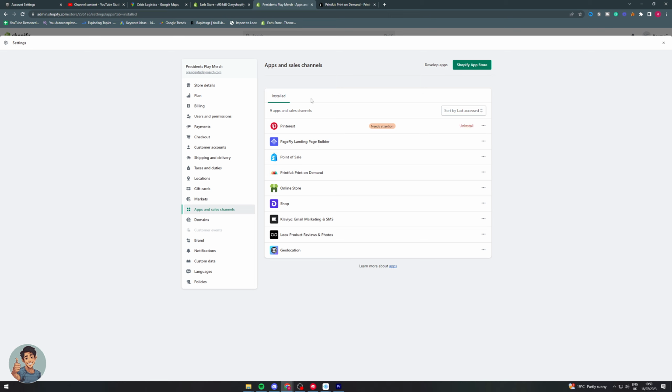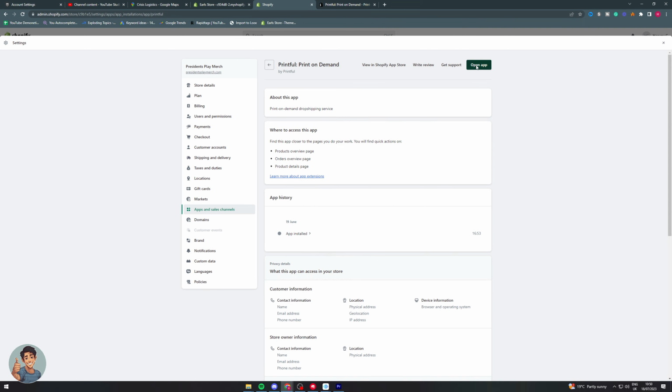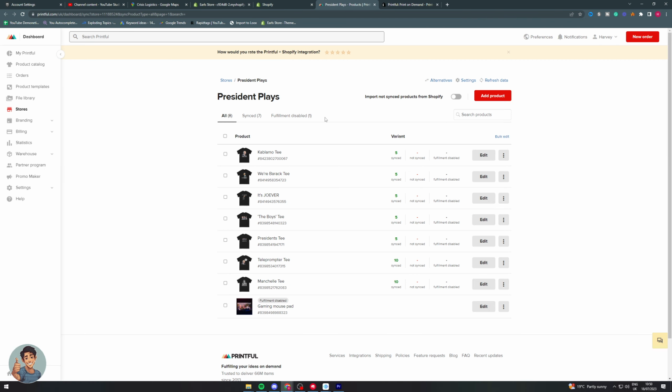So now that we've got it onto our store, how do we actually make it work? Well, first of all, we want to click on it here, open app, and we're going to need to set up our store to ensure it's connected, and we're going to have to set up a whole account on here. So that's pretty easy and straightforward to do, and I can make another video on that if you would like me to. Now from here, what we can do is we can go to add product,